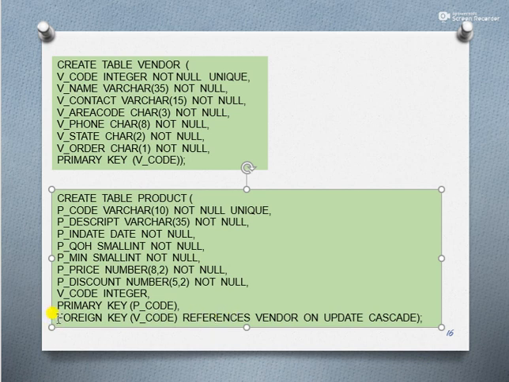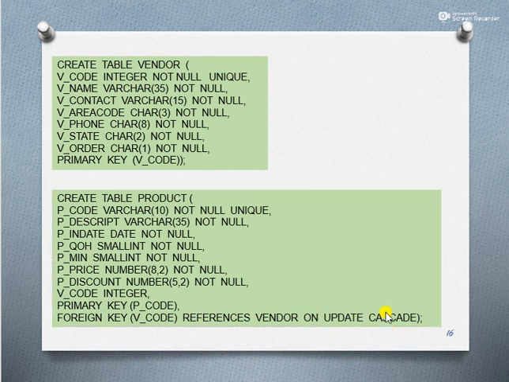Okay, how to specify a foreign key? Foreign key vendor code references to which table. This vendor code is part of which table. References is a reserved word, you must write it as it is. References to which table, it is part of which table. Vendor code is part of the vendor table, the name of the table. And this thing, on update cascade, it is representing a referential integrity constraint.